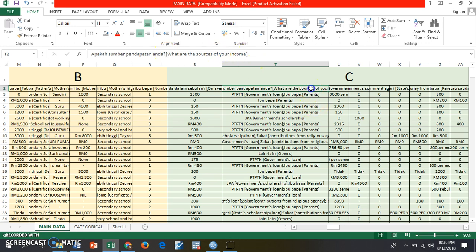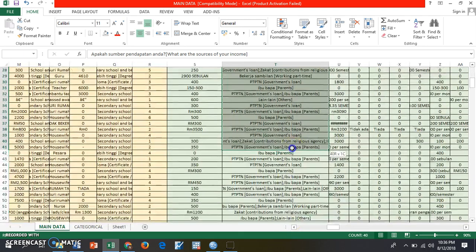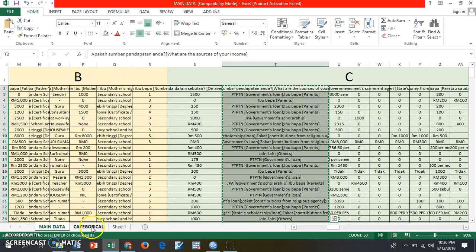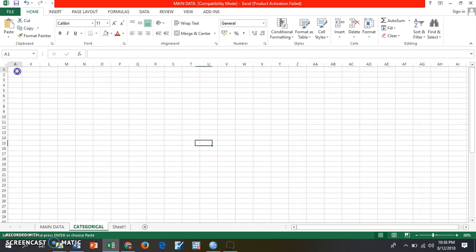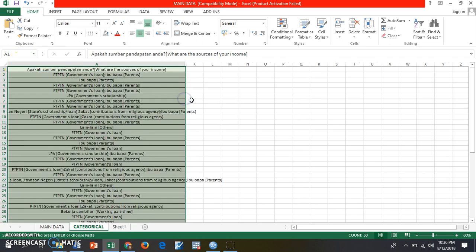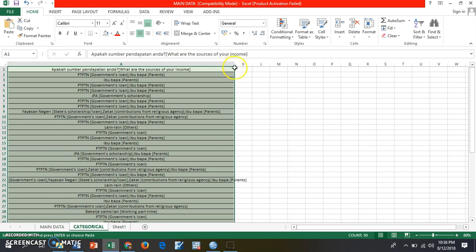So what I do is I'm highlighting. I'm not going to take all respondents, I'm going to take up to 50 respondents only. I copy and put it in a blank sheet that is here and paste. Now I expand this column a little bit so that I get a clearer picture, an idea on the inputs